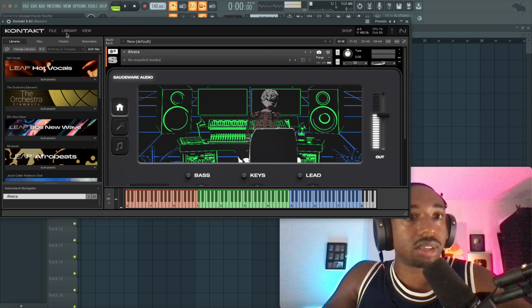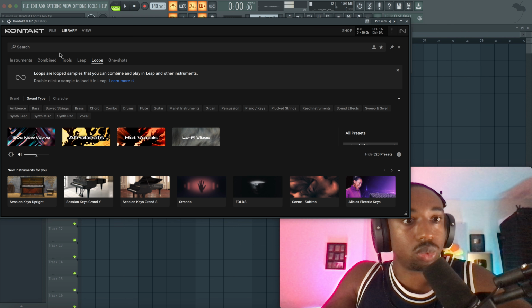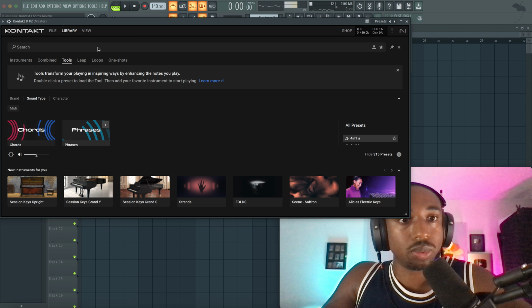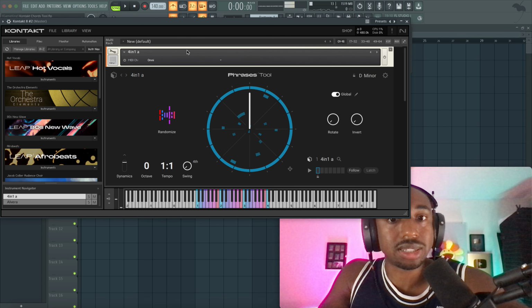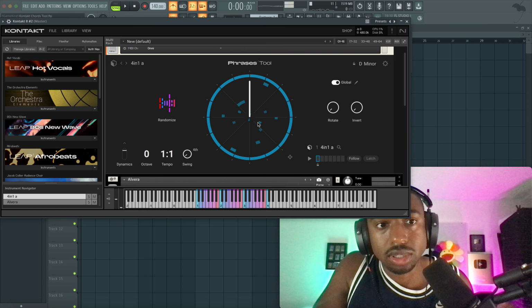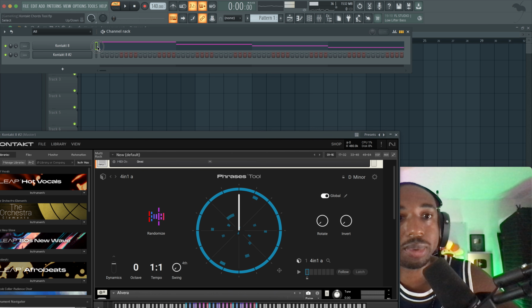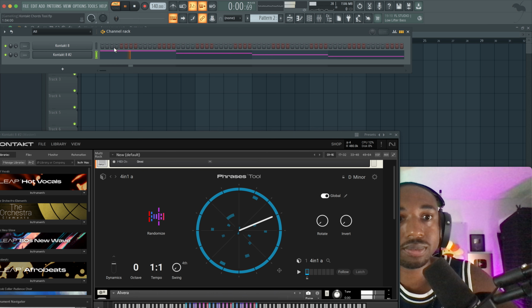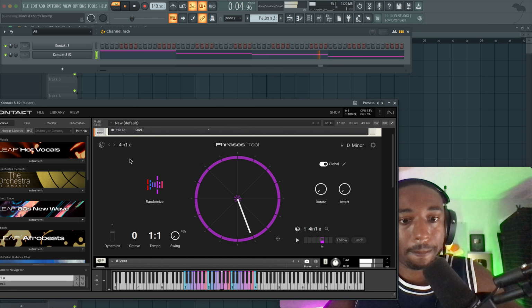And we're gonna keep Trifecta up, but let's go to the library. Let's go to tools, and let's go to, where did the tools go? Oh, that's loops. Let's go to tools and let's go to the phrase tool. And so this is like a MIDI plugin, so it's going to go before the sound making thing. Okay, now the phrase tool looks pretty similar. Let's see what it sounds like though. Let's copy the MIDI. Exactly. Let's paste it. So basically it creates like a melody.